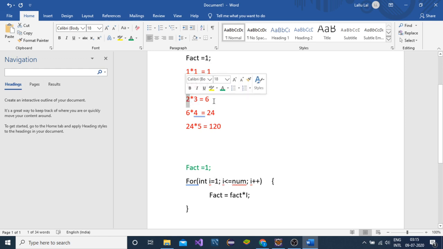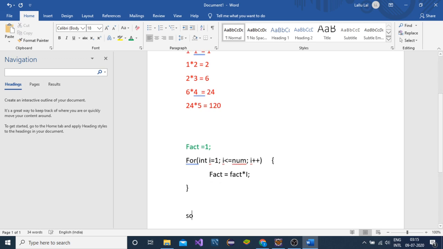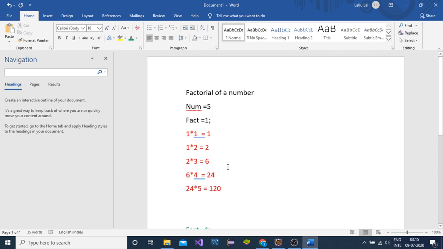Factorial into I equals the new factorial, and at the last, this is our final factorial, and we will print it. SOP factorial. Finally we will print it.